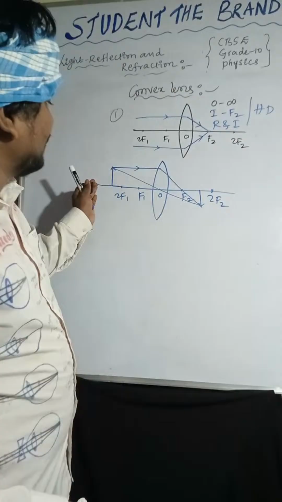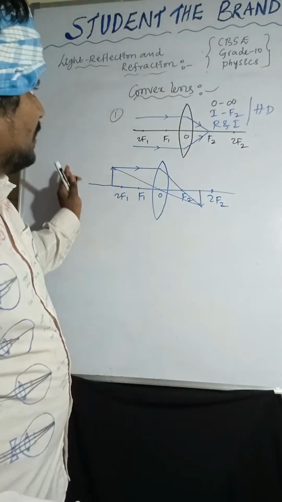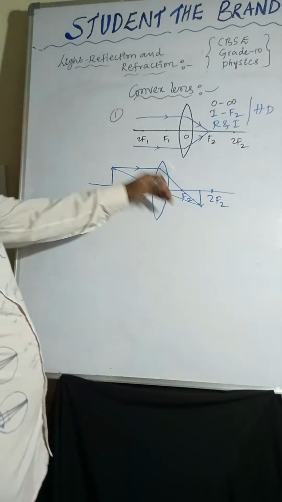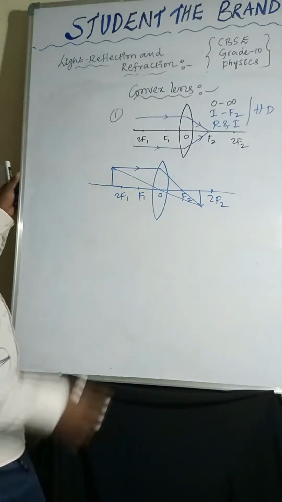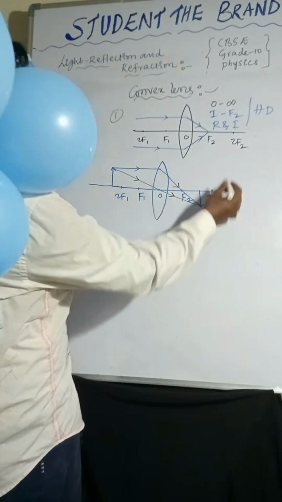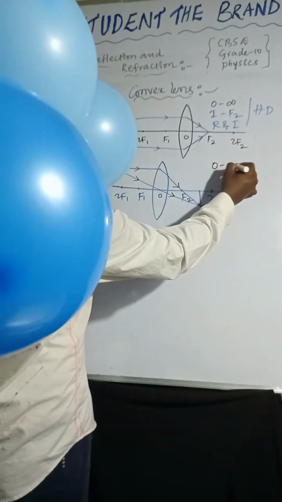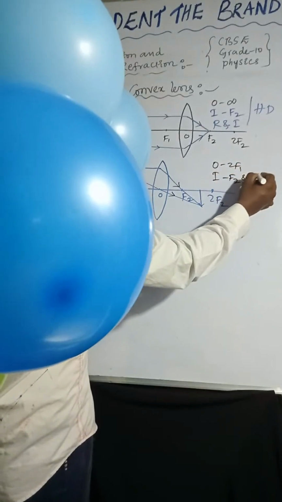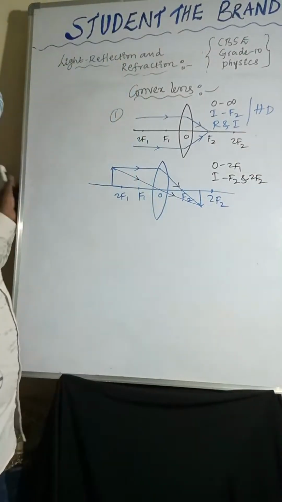Beyond center of curvature, here beyond 2F1. So image will form between F1 to F2, like here. Object is beyond 2F1. Image will form between F1 to F2. Nature of the image is,